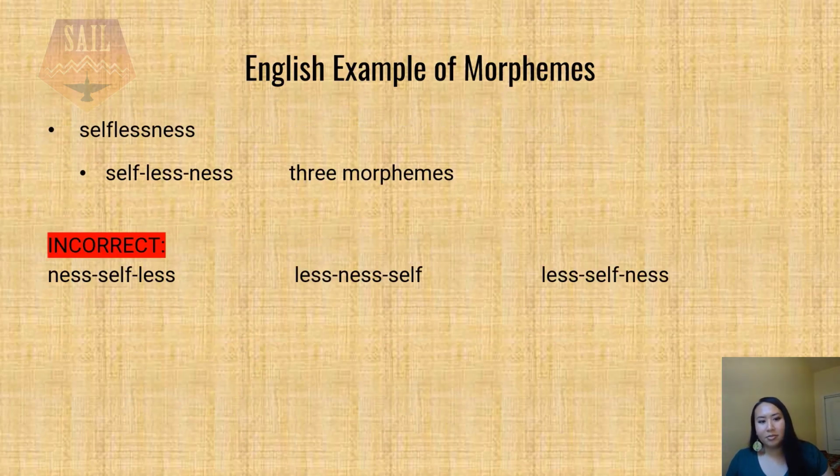In the English example here, if you look at the word selflessness, it is one word and is made up of 3 morphemes: self, less, ness. The pieces self and less are words that can stand on their own, but ness cannot. Ness has meaning, but it is not a word. This is a similar feature of the Cheyenne language. We have suffixes that cannot stand on their own as a word, but they can attach to other morphemes in order to create a word. And also notice that the morphemes must appear in a certain order in order for it to make sense.